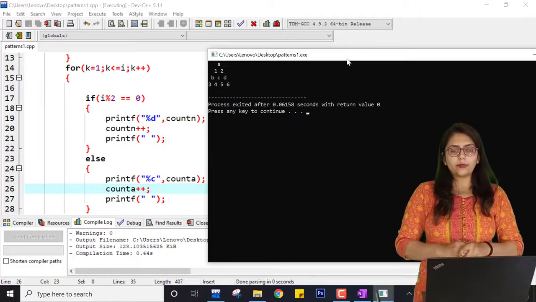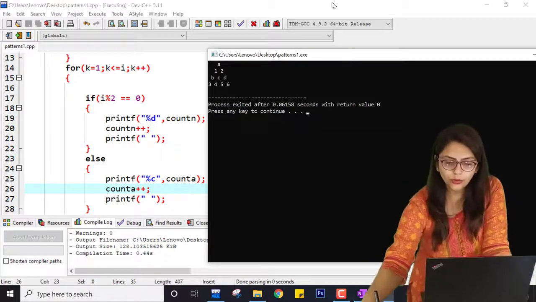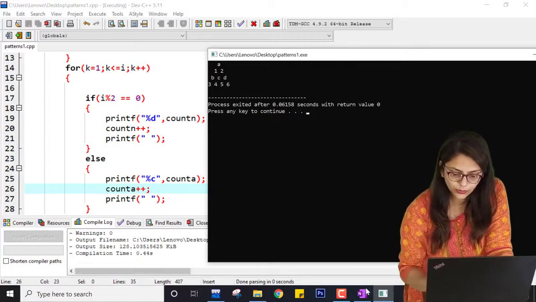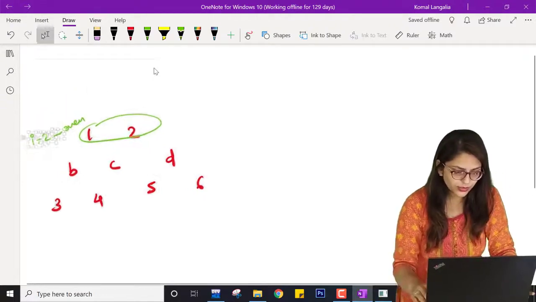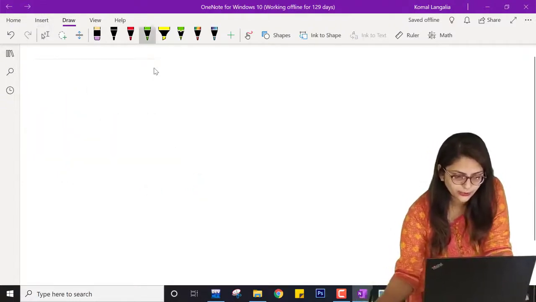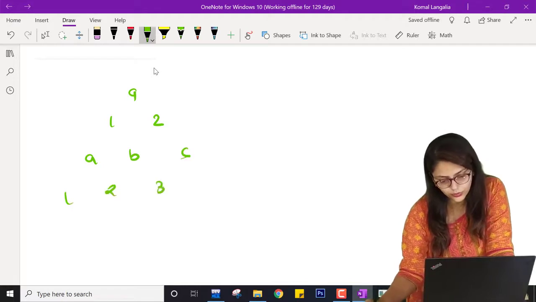Now also, what can be done: instead of this pattern, suppose you want to print something like A, 1, 2, A, B, C, 1, 2, 3, 4.